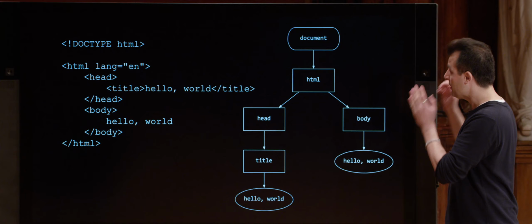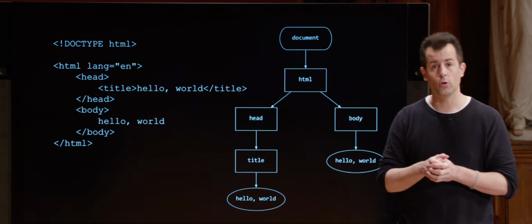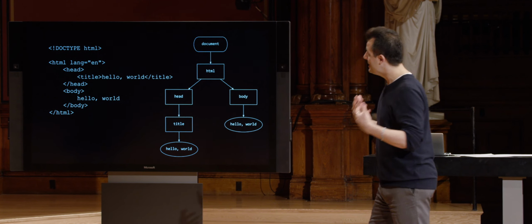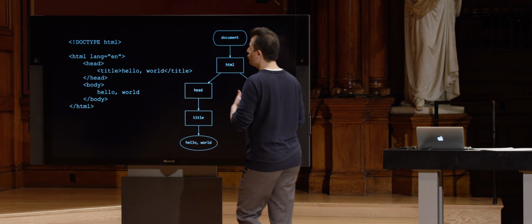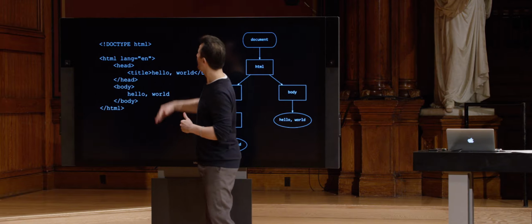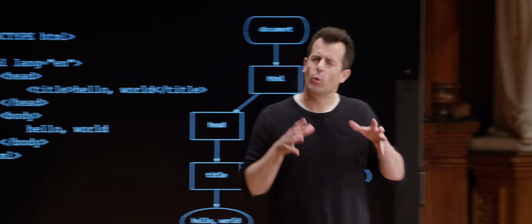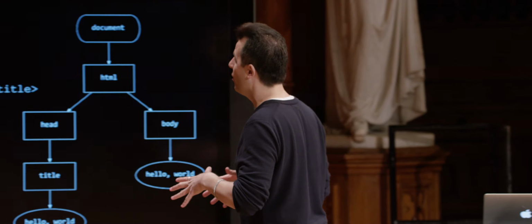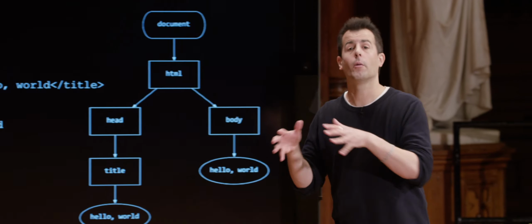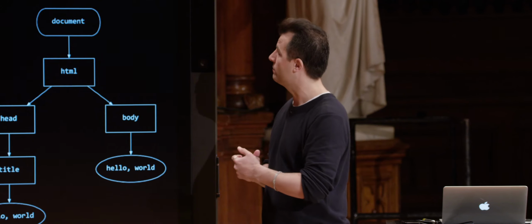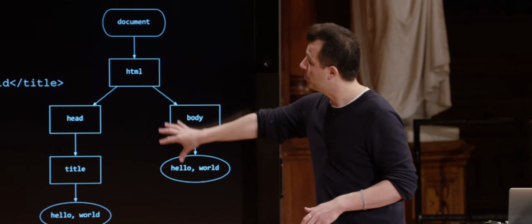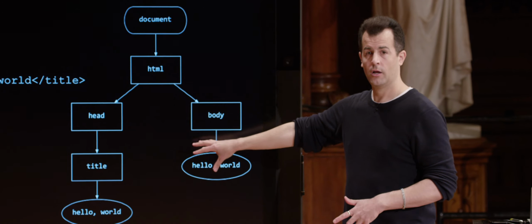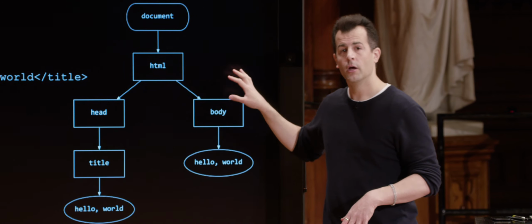And indeed, this is what a computer scientist would call a tree, not unlike a family tree. And trees have nodes. And in this case, when a browser receives a web page in one of those virtual envelopes and reads it top to bottom, left to right, what it's really doing underneath the hood is, thanks to programming code that programmers have written at companies like Google and Microsoft and others, building up in your computer's memory, or RAM, a tree-like data structure that looks, if you were to draw it, a little bit